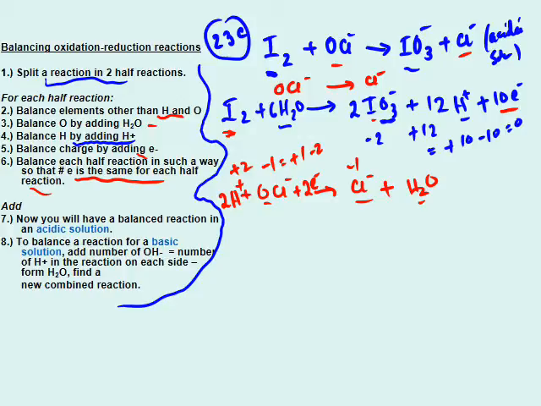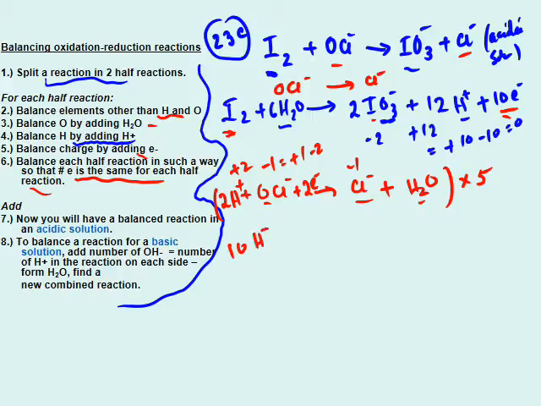This imbalance cannot exist. Remember I mentioned that if one half reaction gives off electrons, the other half reaction will have to receive those electrons. Now this is 10 electrons, so you'll have to get 10 electrons for the other half reaction. So what do I need to do? Multiply this by 5, because there has to be the same number of electrons transferred from one half cell to the other half cell. Otherwise there'll be no such transfer of electrons. So when you multiply the whole reaction by 5, you end up with the following: